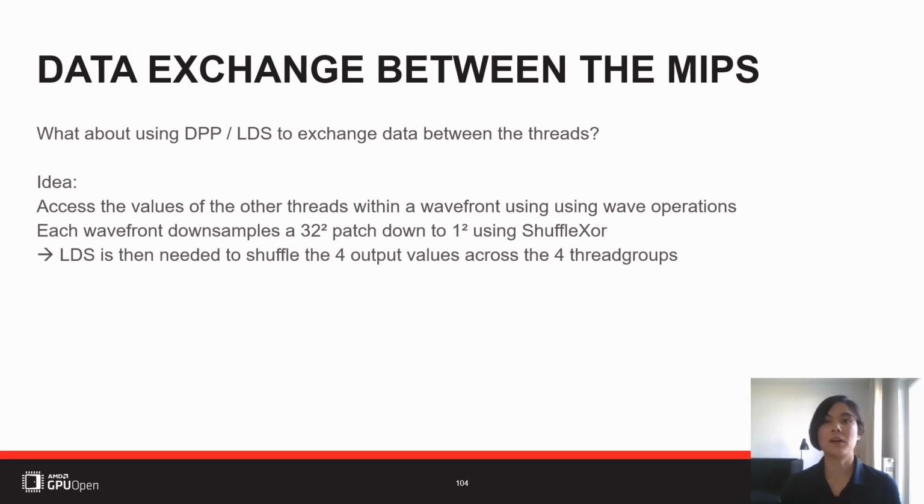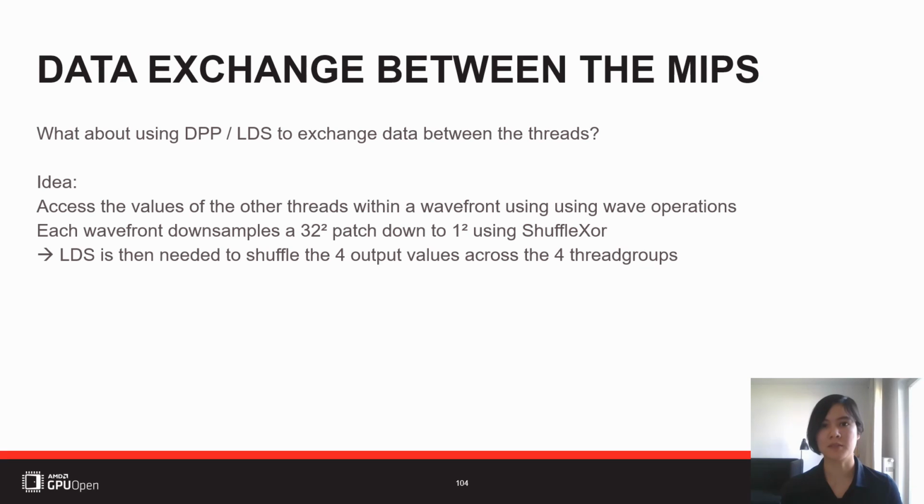The first idea is to work with smaller entities. Now we look at a single wavefront and compute a patch of 32 by 32 within it. Within a single wavefront, we can use DPP or LDS permute. This is important: if we try to swizzle between two wavefronts, we can't use DPP or LDS permute anymore, and we need to use LDS. But if we stay within a single wavefront, we can use these instructions. So why not stick within one wavefront and compute as much as possible within it, and then when we can't produce anymore, we look at a complete thread group.